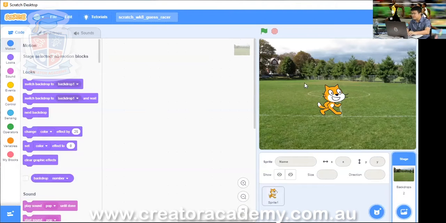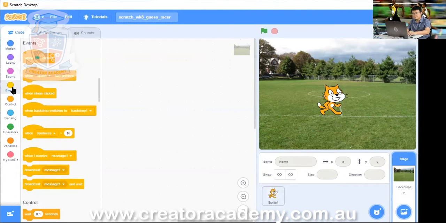After you've clicked on the backdrop, we go into events, and then we want when flag clicked. Now this is going to be what tells our characters in the middle of the field when it's time to reset the game. So make sure you have your when flag clicked on the backdrop.